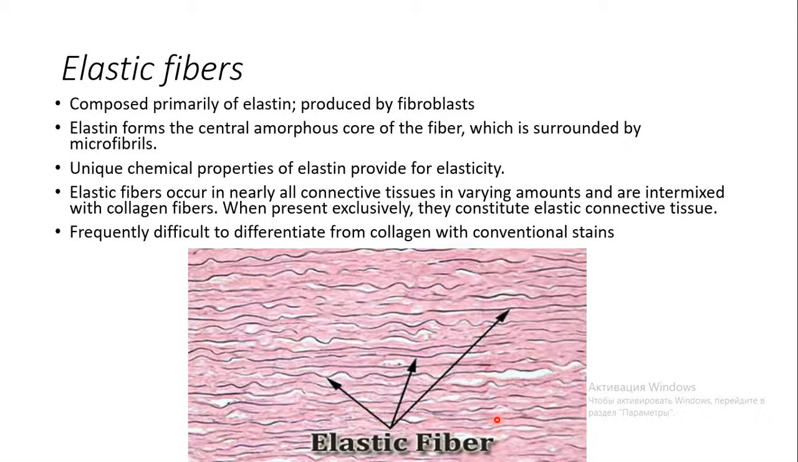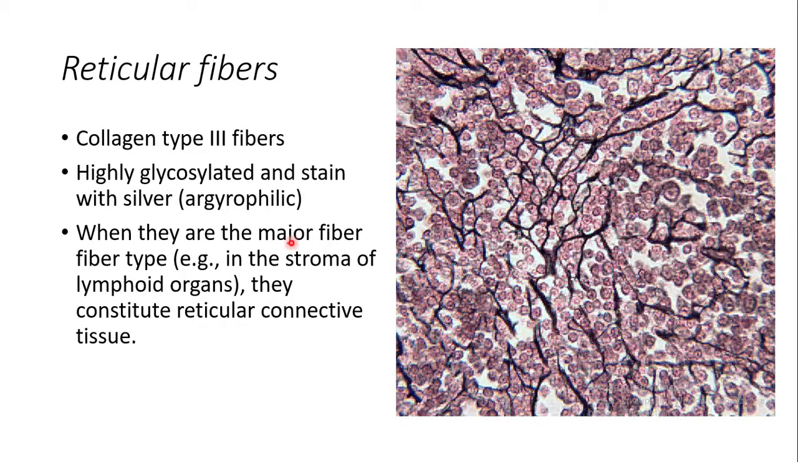The main part is cotton, but our body, as a producer of cotton, also produces this t-shirt, so it adds also some elastic components, similar to our body. So we have a mixture of elastic fibers in collagenous fibers. And then reticular fibers, they are argyrophilic,